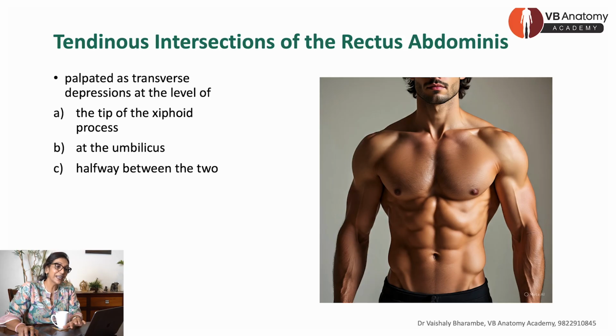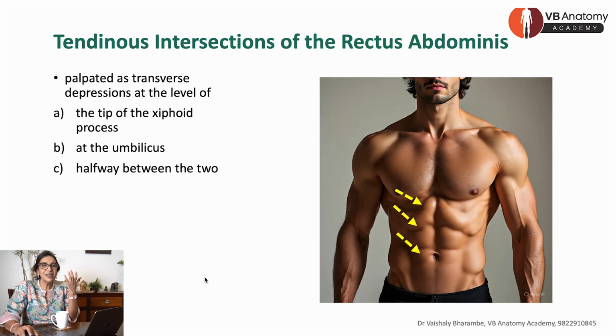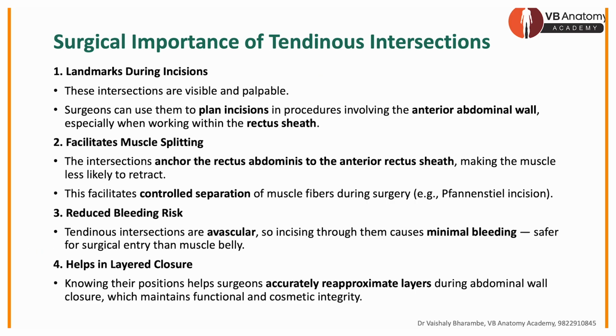Tendinous intersections of the rectus abdominis, what we call the biscuits on the abdominal wall. You can palpate them, you can see them: one at the level of the xiphoid process, one at the level of the umbilicus, and one somewhere in between. What is the significance of it? Is it only important because so many people in the world have decided to develop packs in the abdominal wall? No, definitely there is some importance beyond it. Again, on the orange edge slide, please read through all this. It will give you a lot of information about the clinical significance of these abdominal packs.